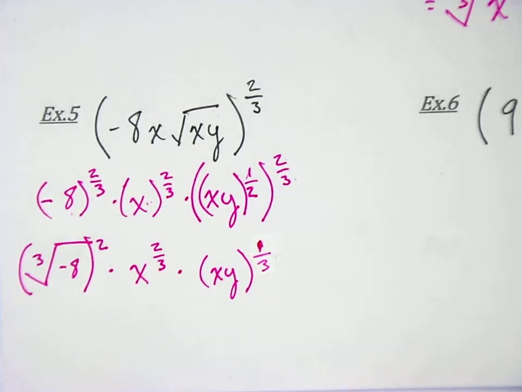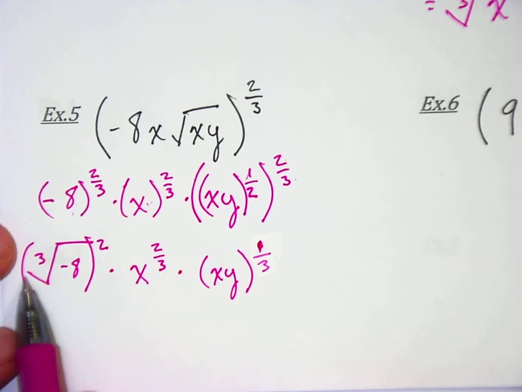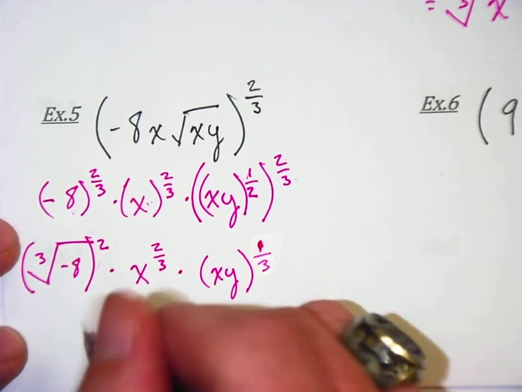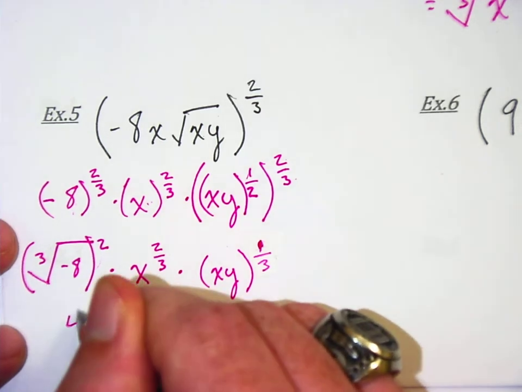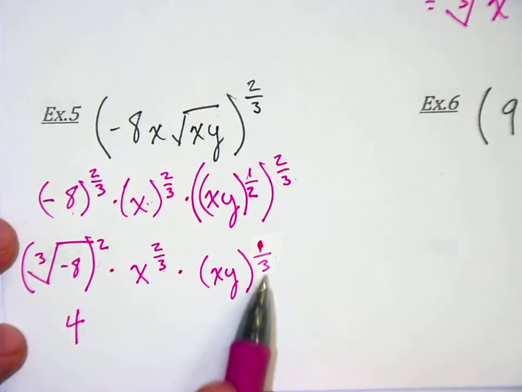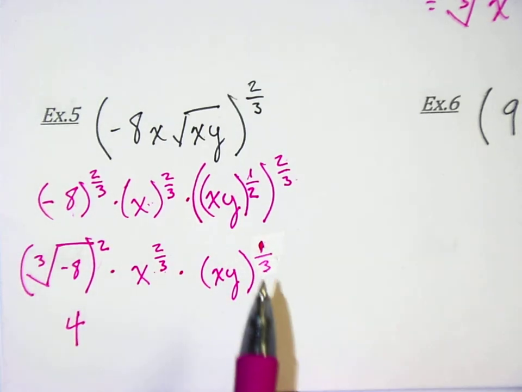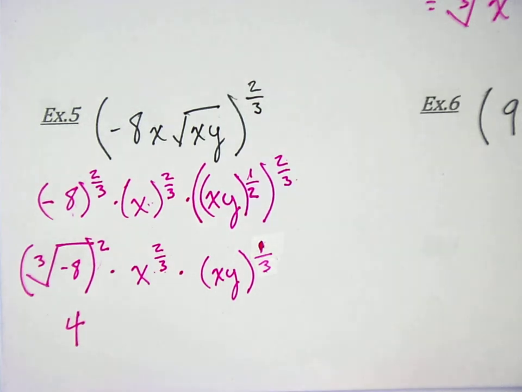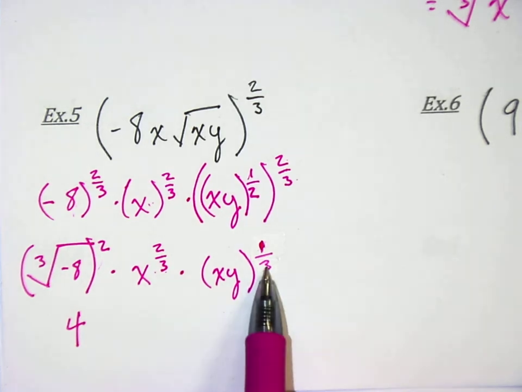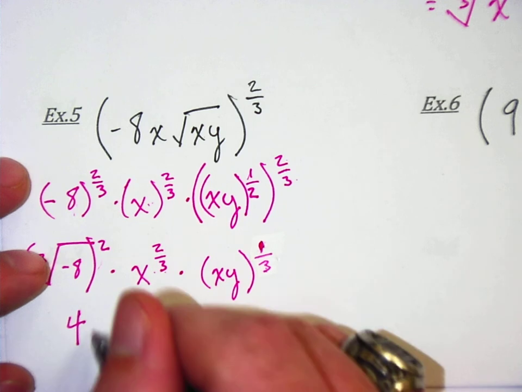All right, so I can simplify this. Cubed root of -8 is -2. -2 squared is 4. I have the same denominator here and here, and when you see that, you'll want to keep them as they are. Okay? That's a good sign to see that we've got the same denominator on our fractional exponents. So I got 4